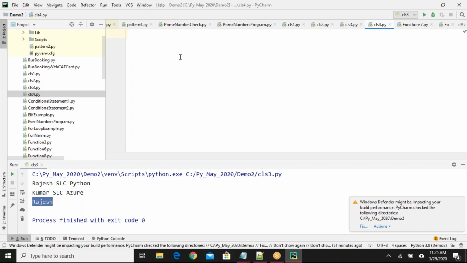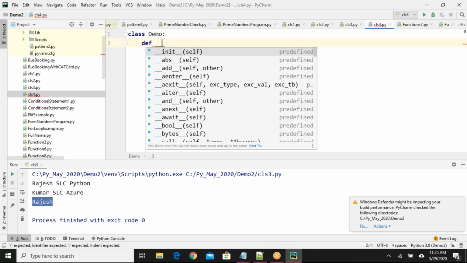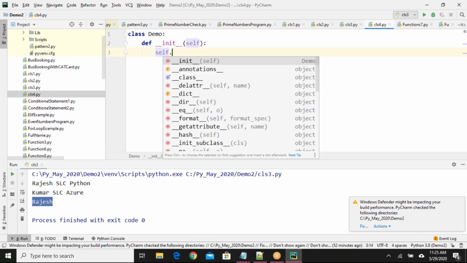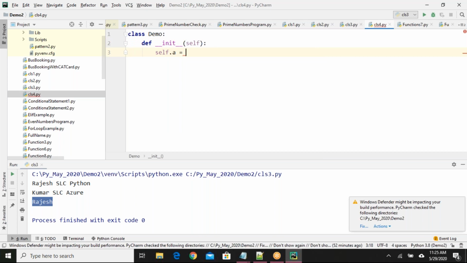Say for example, some random demo class I'll take. I'll define one constructor, self.a equals 10, some random variable I have taken.